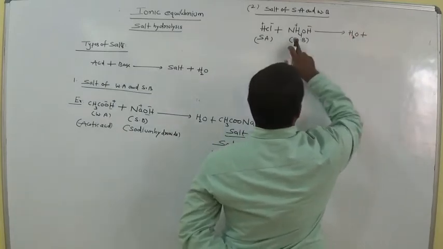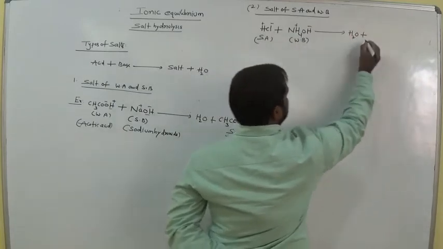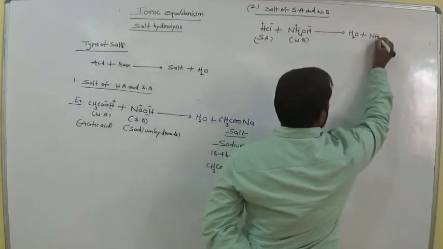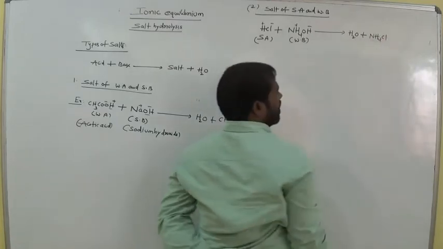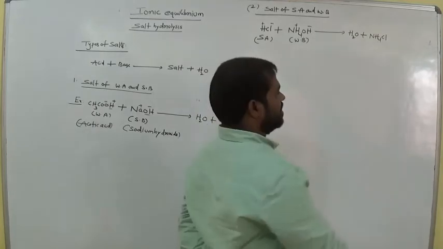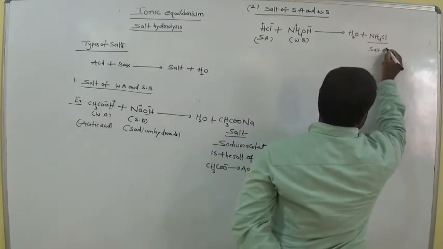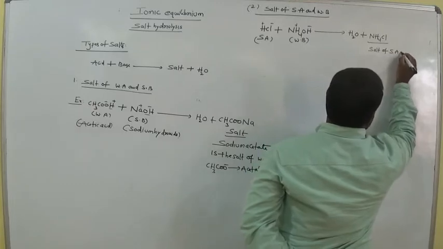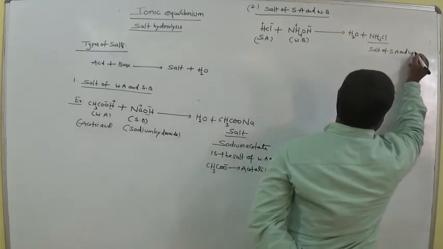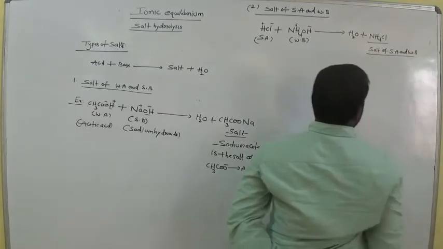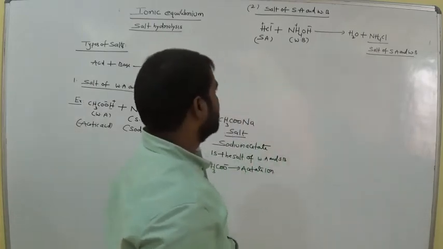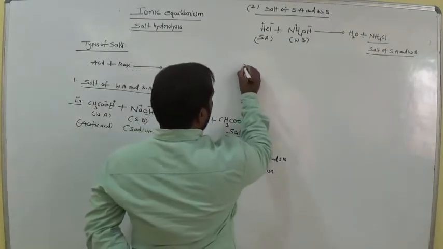And what about this one, NH4 plus Cl minus? This is ammonium chloride. So now this is a salt of strong acid and weak base. Remember this: salt of strong acid and weak base, ammonium chloride. Okay. Next, the third type is